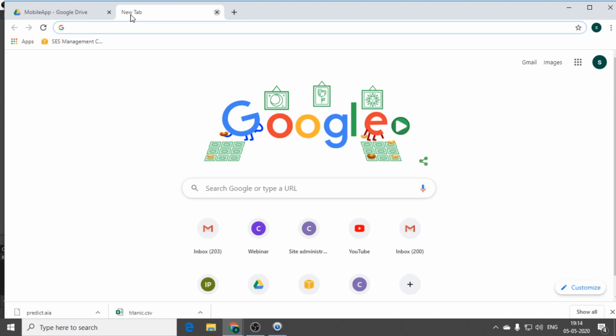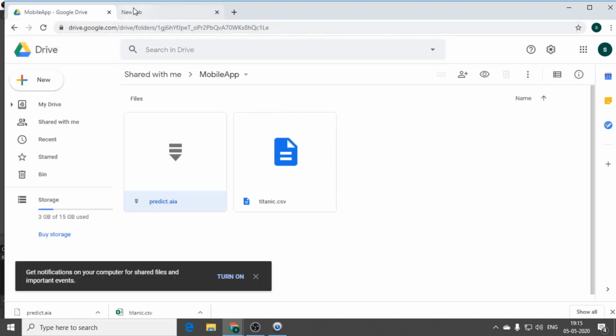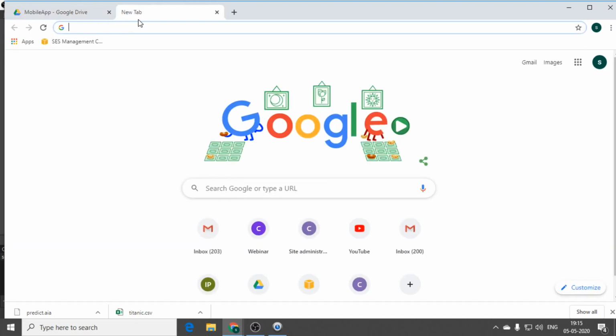Did you open the data set? You can see the URL, tinyurl.com/ipynb. I have already given it in the chat box. Yes, the first one is the data set, the other one is the .aia file. It's not the data set. That's the boilerplate where we start building our Android application for our code, right?